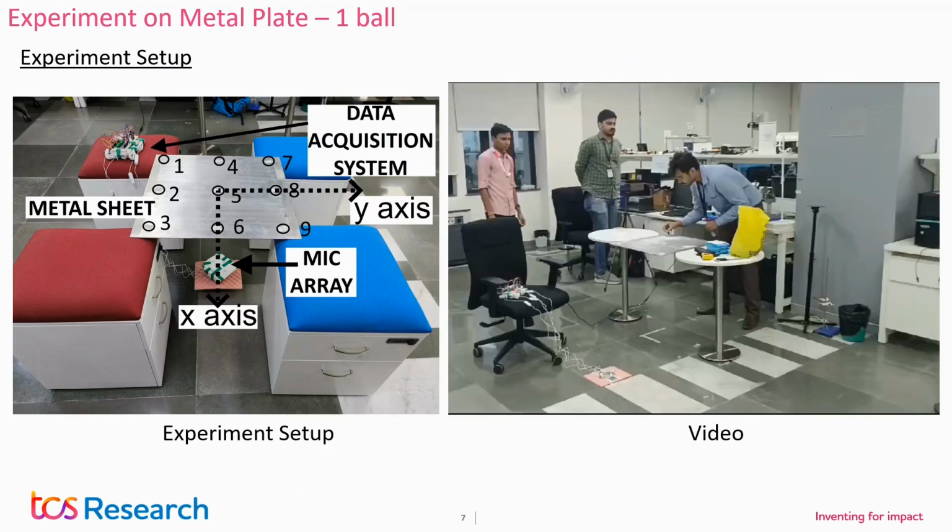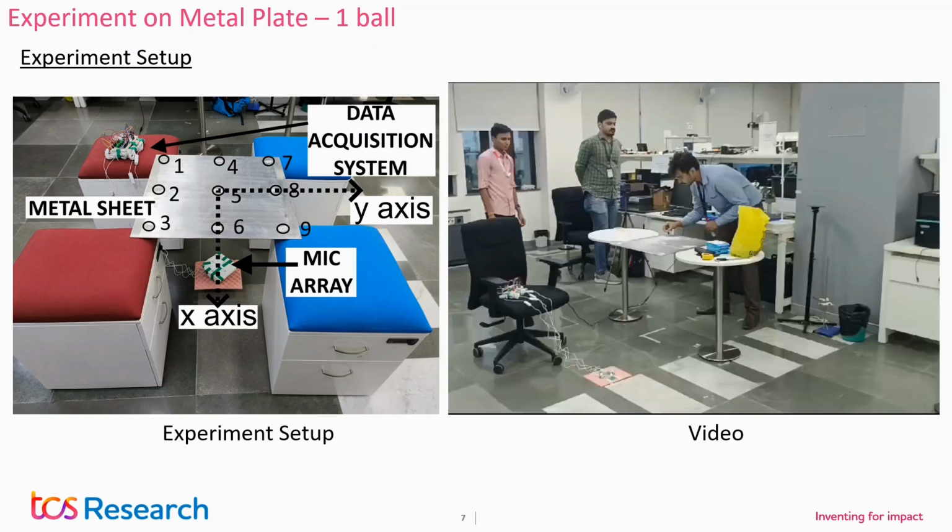Now to prove the idea, we took a very, very simple target. The target would be this one. This is a metal plate of 64 by 64 centimeter length and width. That is the sensor prototype. This is the 4 mic array. We do have an 8 mic array now. And that is the signal processing kit. So this thing, we are breaking into 9 subparts, like 1, 2, 3, 4, 5, 6, 7, 8, 9. It's like a 3 by 3 matrix.